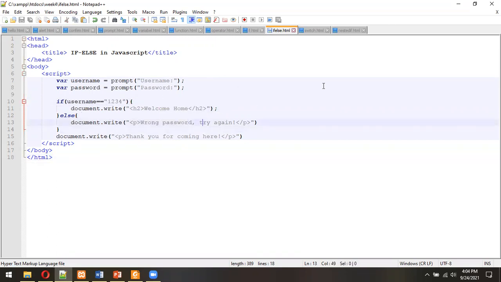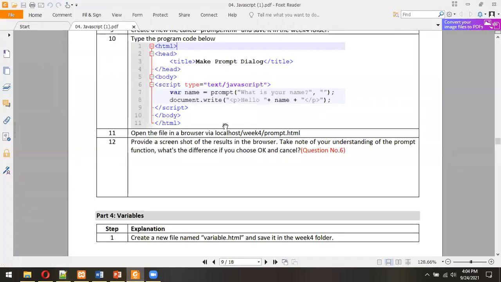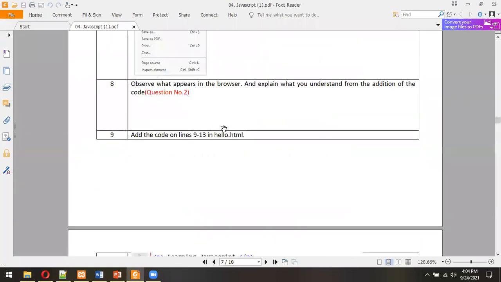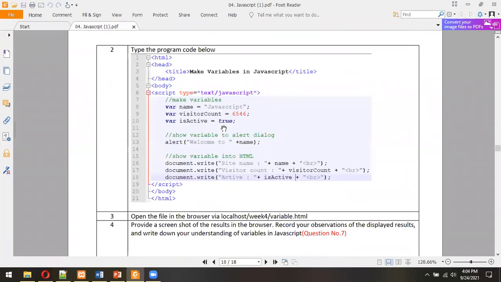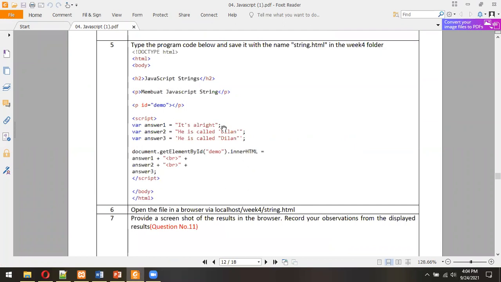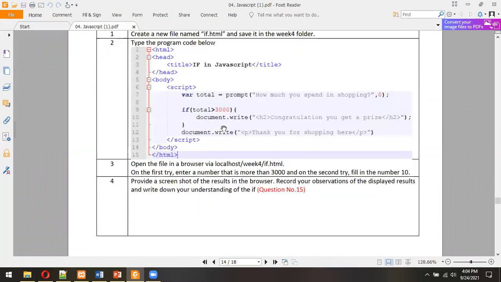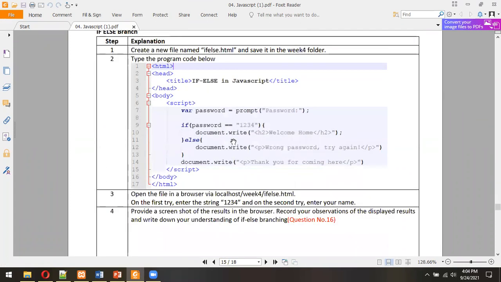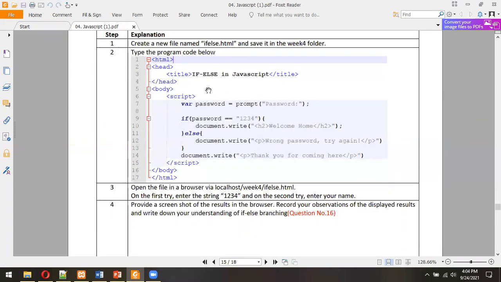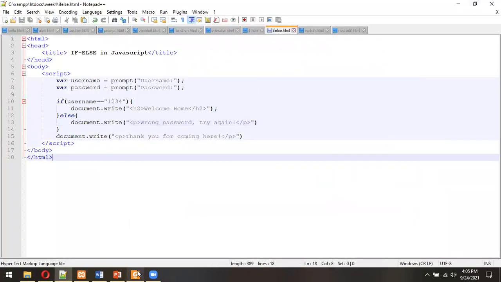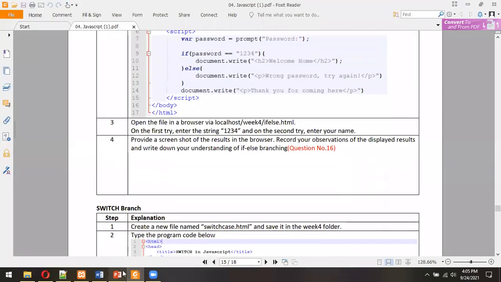Okay, so this is the example. I'm sorry, I think I made an error when making this. Okay, like this. And next, if we have